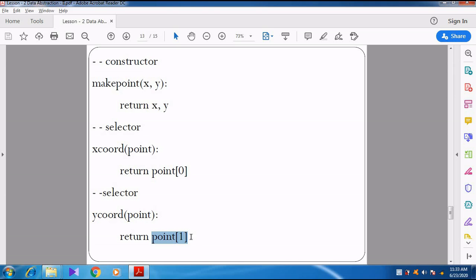So in the 0th position the x coordinate is placed and in the first position the y coordinate is placed. So both the points will be passed to x and y and then passed to the make point function. Make point is the constructor function and it just returns the x and y value.